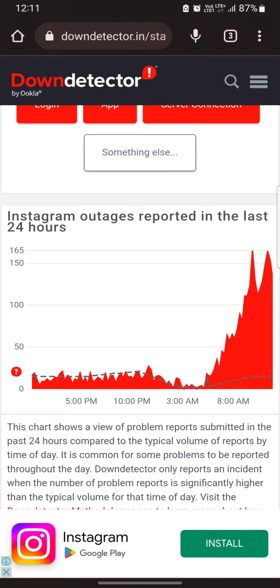So if Instagram is down, then you can't access the Instagram app, and you can get this particular error. What you need to do is wait for some time till the Instagram server is back online, before you can access your Instagram account.